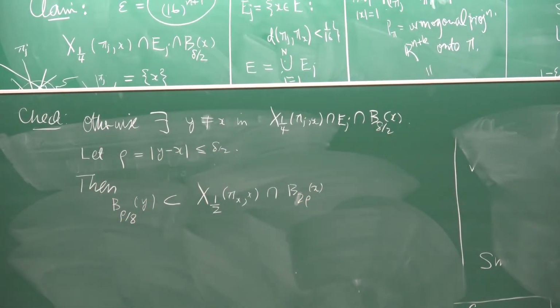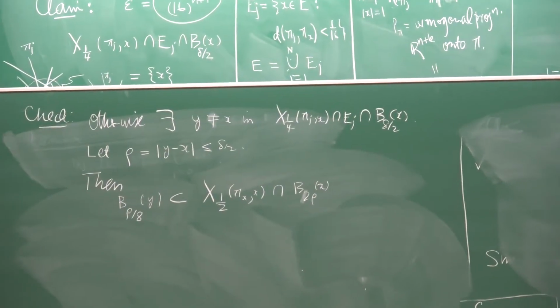So the claim is that the ball of radius rho over 8, that's this ball,